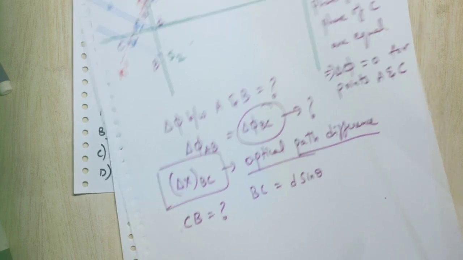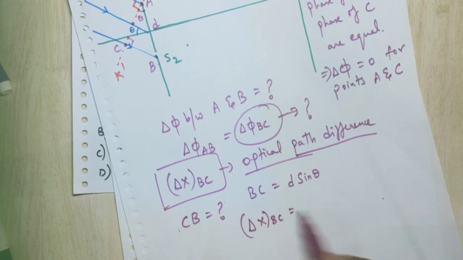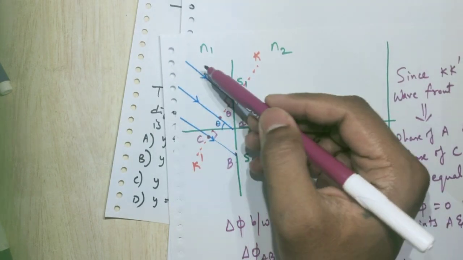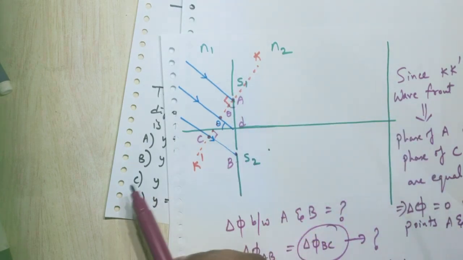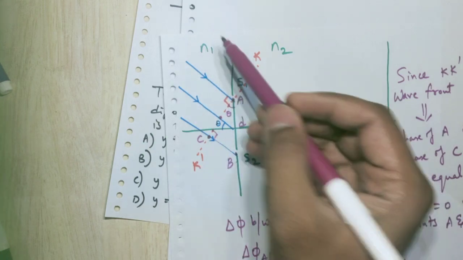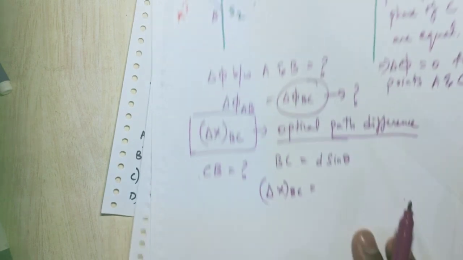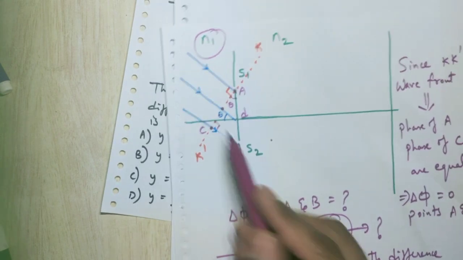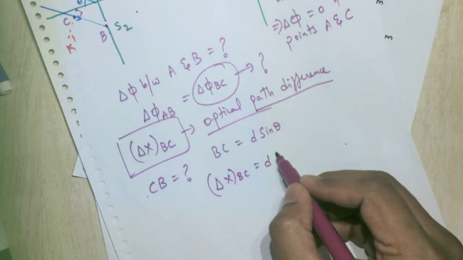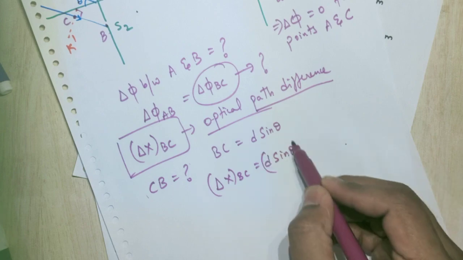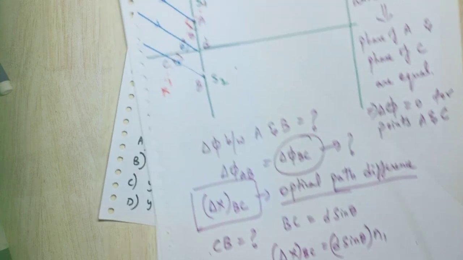Now let us find out the optical path difference or path difference. What is the path difference between B and C? See, if this is a vacuum, then the actual path difference and optical path difference are both the same. But this is not vacuum. This is some medium of refractive index n1. In that case, the optical path difference will be equal to the actual path difference into the refractive index. That is nothing but d sin theta into n1. This is the path difference